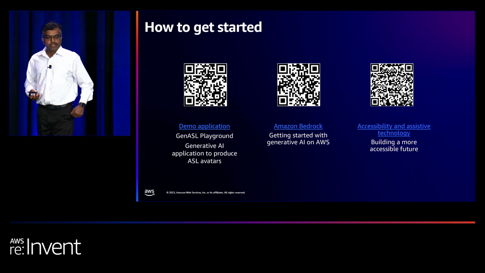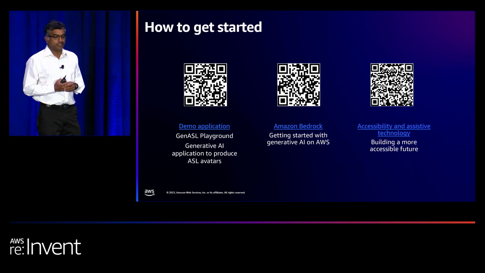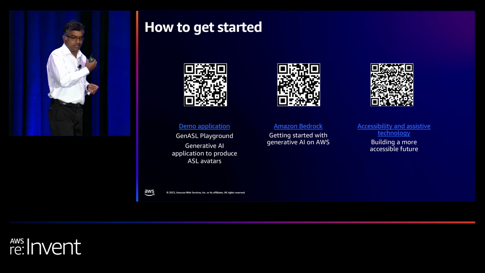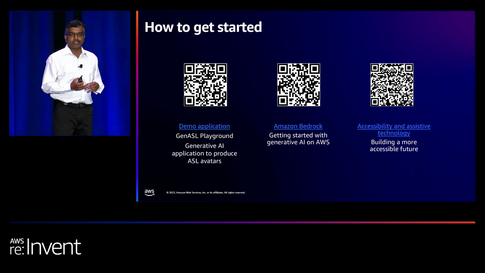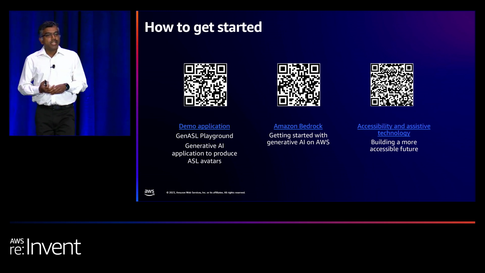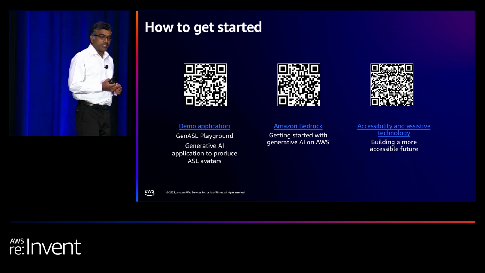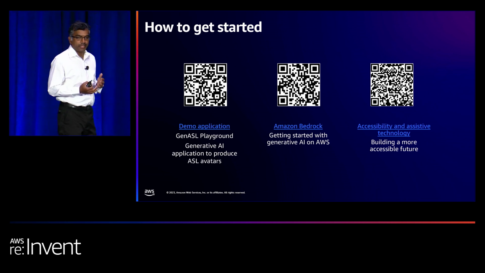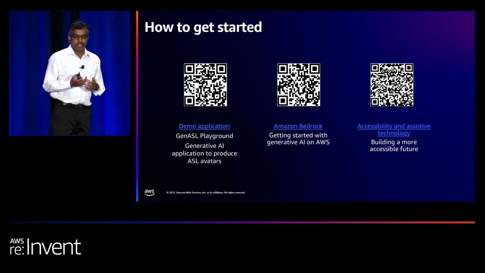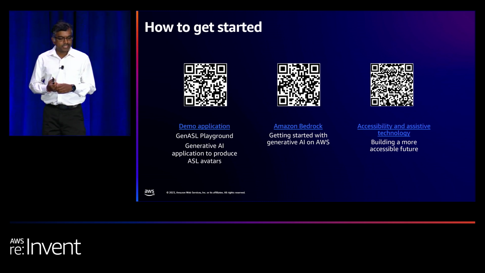So given the high-level overview and the demo of the GenASL application, here are some important resources. You can use them to make your products more accessible. The first link is the GenASL application hosted on asalavatars.com. You can use it to create ASL videos. And then the second one, Amazon Bedrock, allows you to create generative AI applications quickly by invoking generative AI models via API. To learn more about Amazon Bedrock, you can follow the second link.